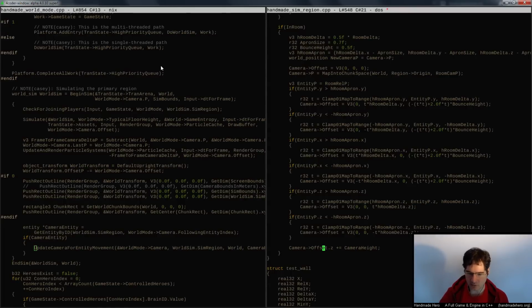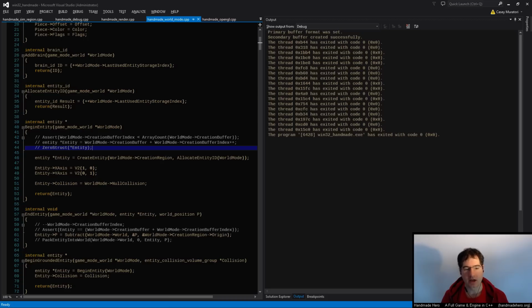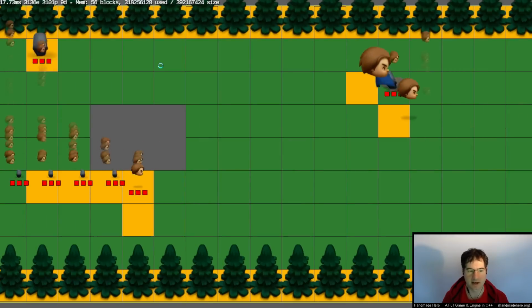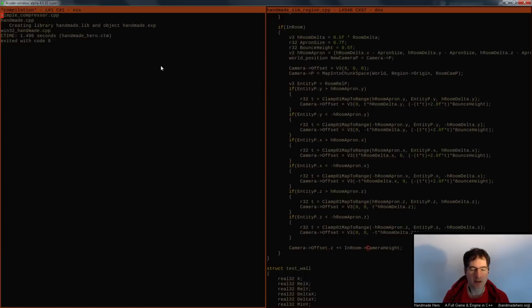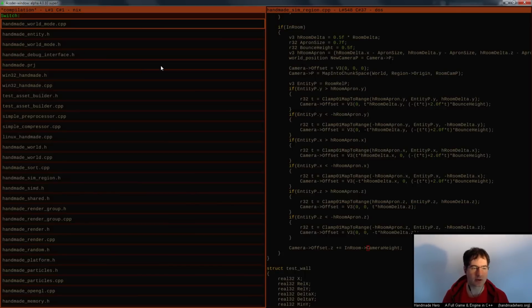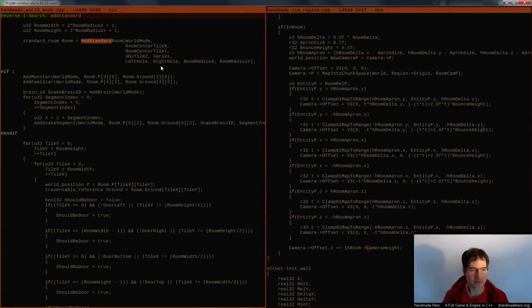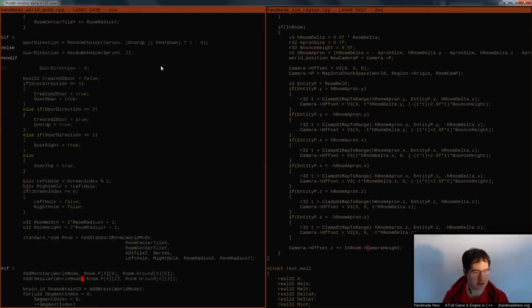I can offset whatever we were going to use for our camera height by a greater height based on whatever the room we're in says the camera height should be, right? And so most rooms will maybe just have that set at 0, perhaps, and then we've got that exact situation, right? Here's the camera height for this room. But what we can do now is say, well, okay, when we're actually creating these rooms, so when we say add standard room, right, you can go in and say,